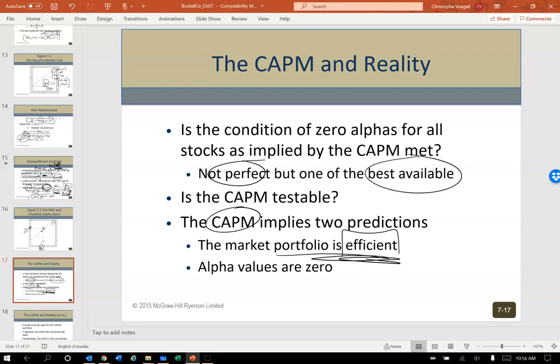And let's say they're correct. What happens? The price goes up. If the price goes up, the expected return has to go down. And then it's priced to where it should be relative to the risk profile. And that's kind of the thesis behind market efficiency, which we'll talk about, I believe, in Chapter 9. So it assumes markets are efficient. And if markets are efficient, we get alpha of 0.